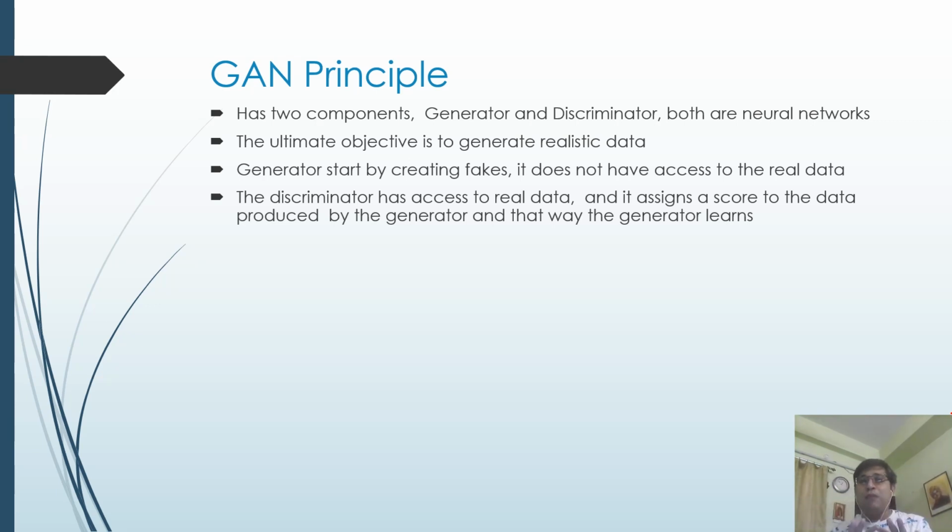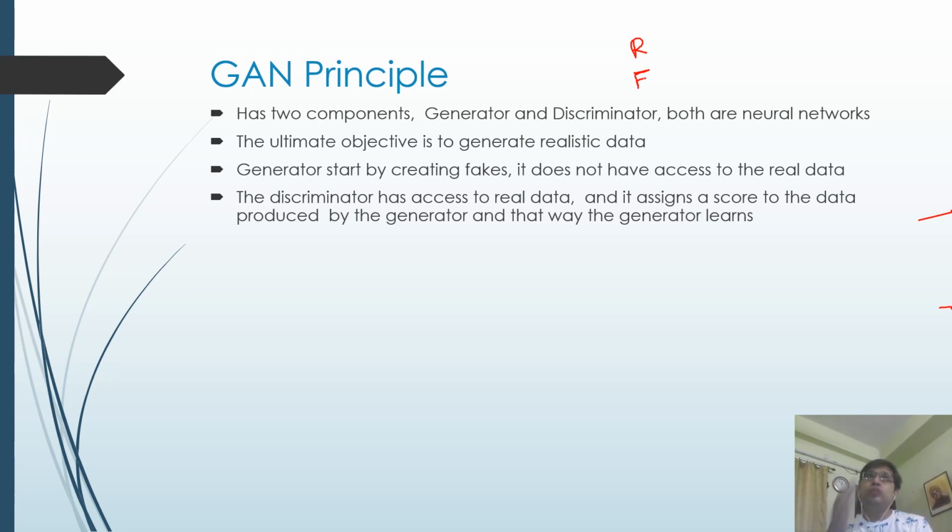So basically there are two terminologies that we get from this GAN literature. One type of output is called real, and another type of object is called fake. Initially the samples that are getting generated from the generator model are fakes. The generator model doesn't have access to the real data. The discriminator has access to the real data, and it builds a classifier model and assigns a score to the fakes that are getting generated by the generator model.